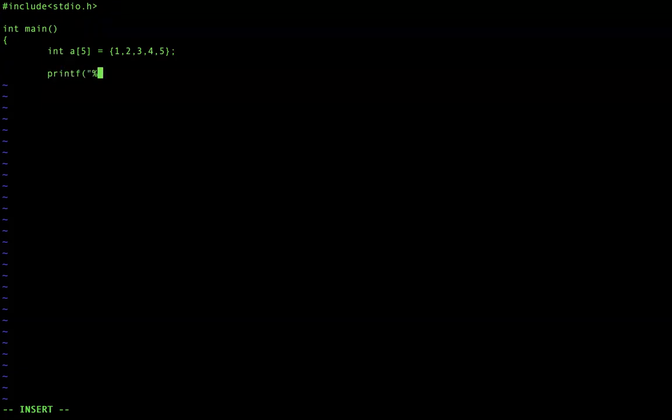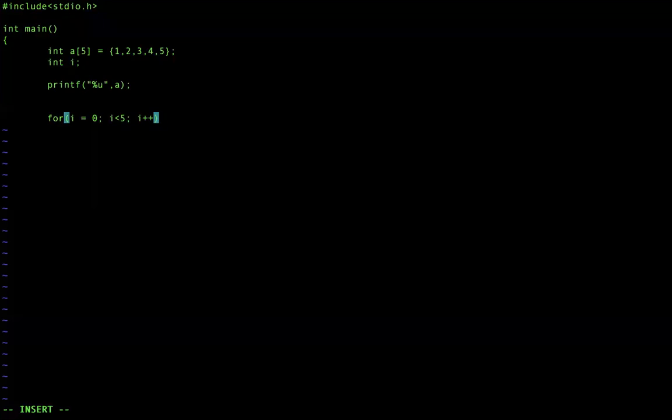printf, I will say %u a is one thing I am printing, right? Next, I will use a for loop. I think I introduced the for loop when I gave a demo on Python for loops. So all the declarations in C should go on the top. And so we will have i is equal to 0, i less than 5, i plus plus. By the way, what do you mean by that plus plus? Did I discuss with you? Yes, sir. Increment.